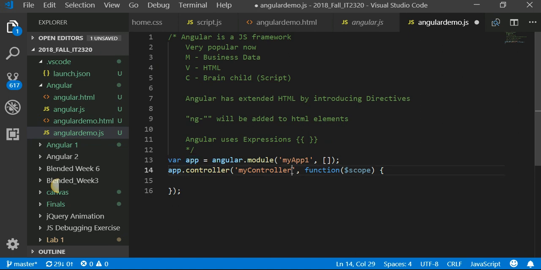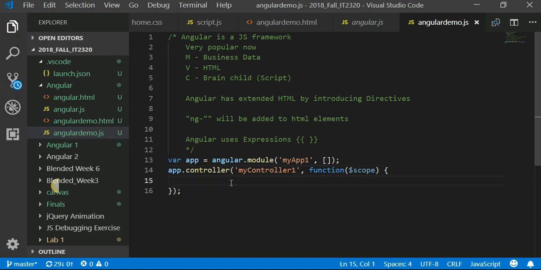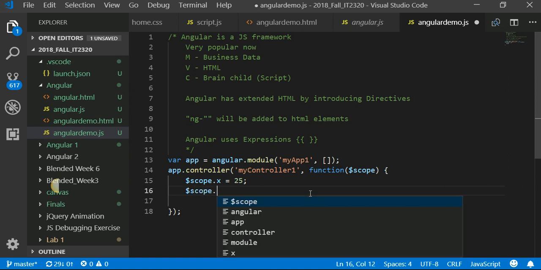We are going to call our controller controller1. Okay, and in the controller, this is your model. $scope. Any variable you want to access, you have to say $scope.x equal to 25. So you are initializing the value of x. $scope.name equal to